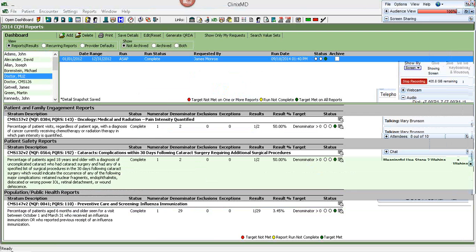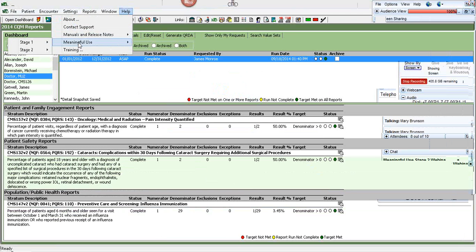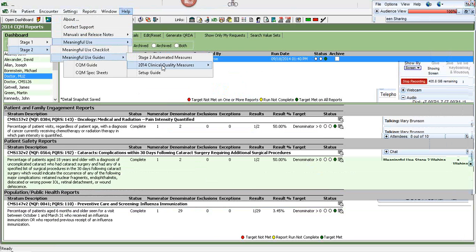All of the information being tracked in these quality measures can be found in the specification sheets we've provided under the Help menu in ClinicsMD in the Meaningful Use Stage 2 submenu. Here you'll find a direct link to our resources for the 2014 clinical quality measures. There is both a guide available, which is an overview of where each measure is documented and how it's tracked in ClinicsMD, and also the download for the clinical quality measure specification sheets provided by CMS for all 35 measures